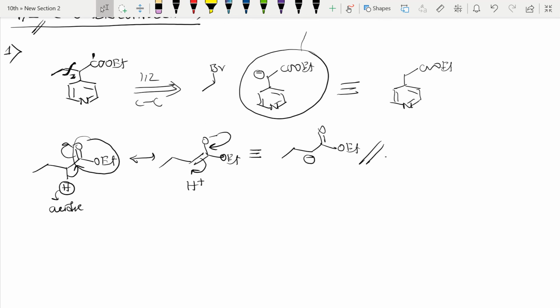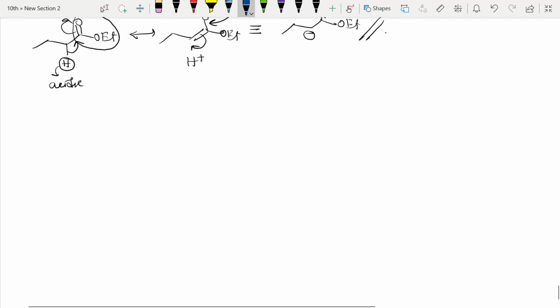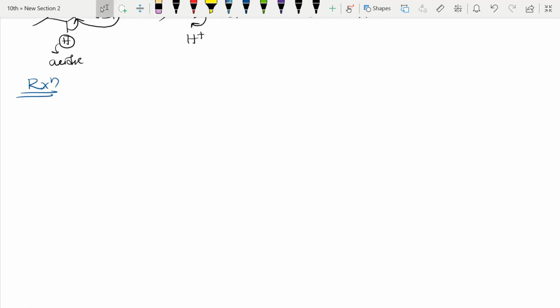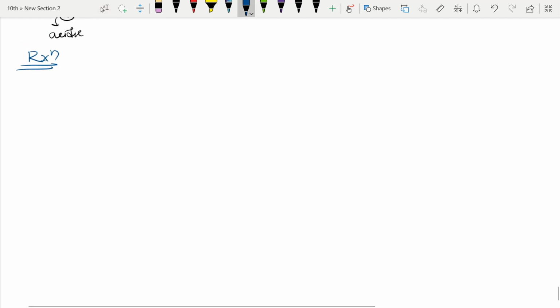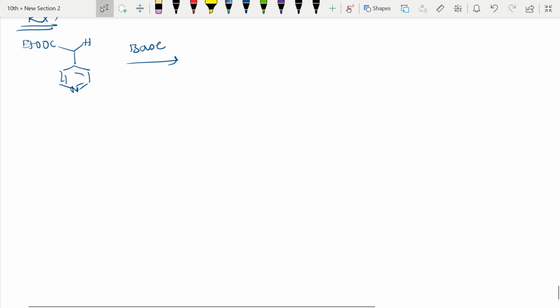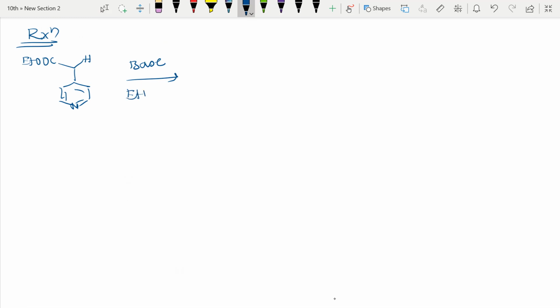If I want to do the reaction, I have told I will use blue. Yes, this is the reaction. So the starting reagent, which one will be the last heterolytically cleaved, will be my starting one. Not only for me, it is for you also and for everybody, right? Because that thing I have explained, right? So here this proton will be there, right? I have told this will be acidic, so I will use some base, a mild base, right? And here EtBr, which came. So here SN2 reaction, so CH3CH2Br, I can show like this, both are equivalent, EtBr.